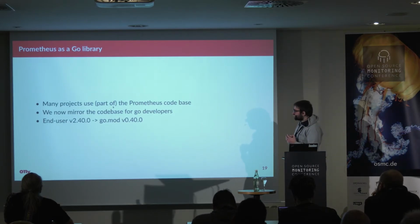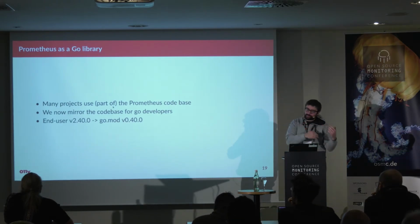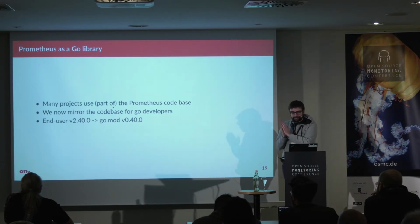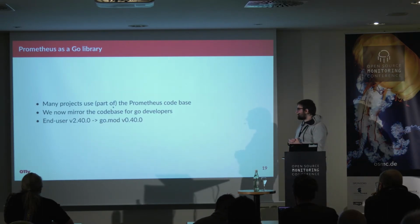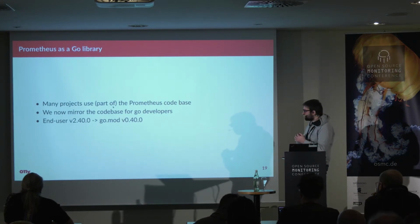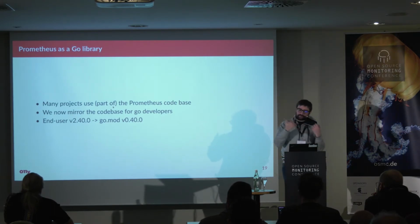ecosystem is working. If we release Prometheus 2.40.0, it was not possible to have a library called Prometheus 2.40.0, because 2.40.0 is for the end users, but we want to be free to change the interfaces behind versions. So what we have done is that we are releasing now, next to every major release, a v0.40.0 release, for example, so that projects like Thanos, Mimir, Cortex now can depend on the Prometheus version